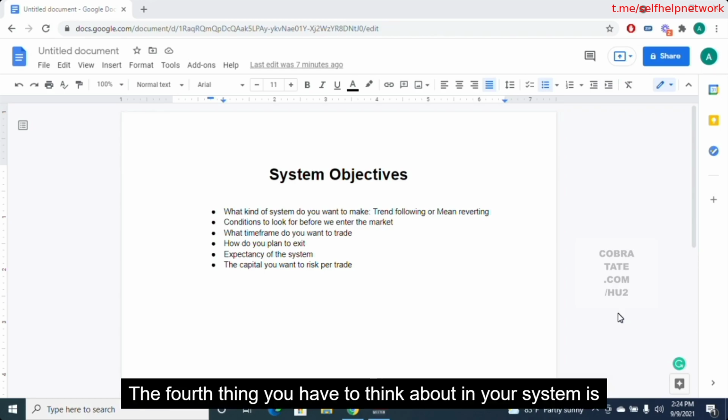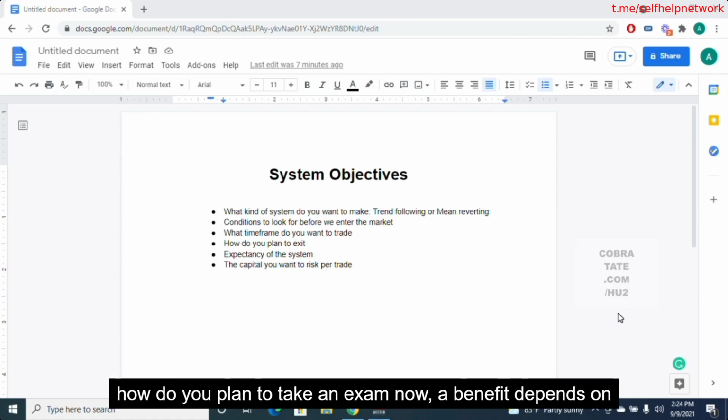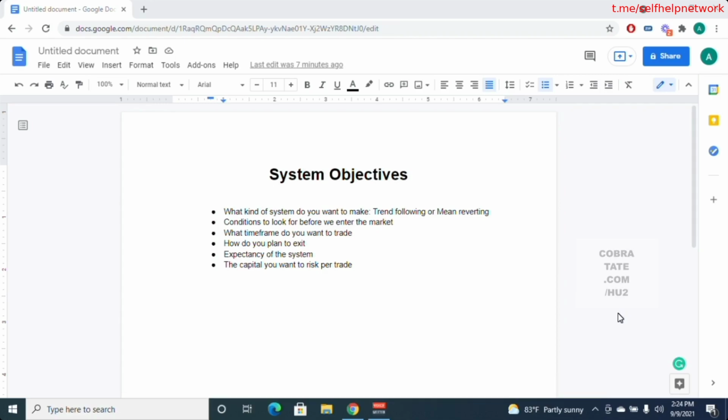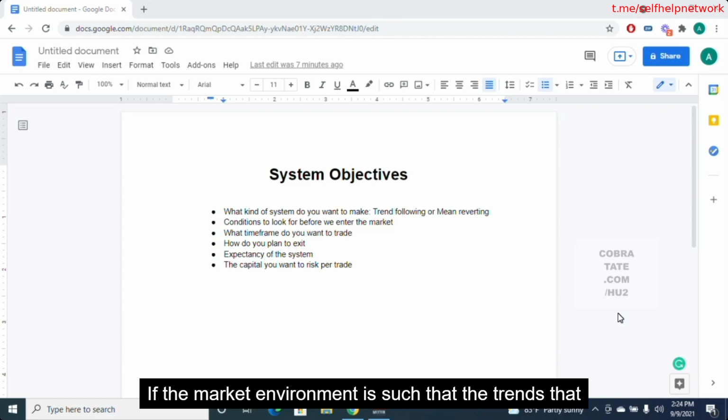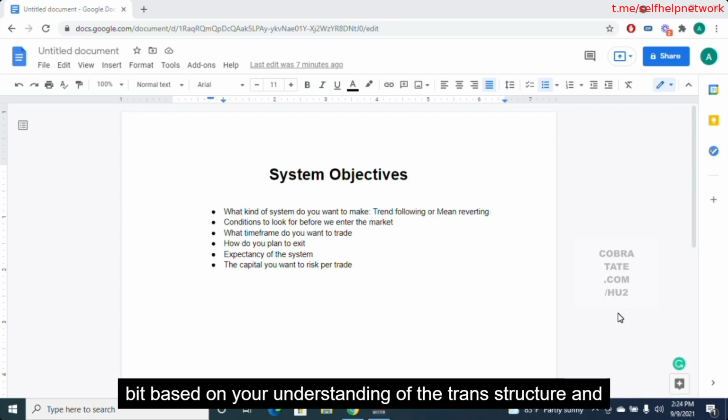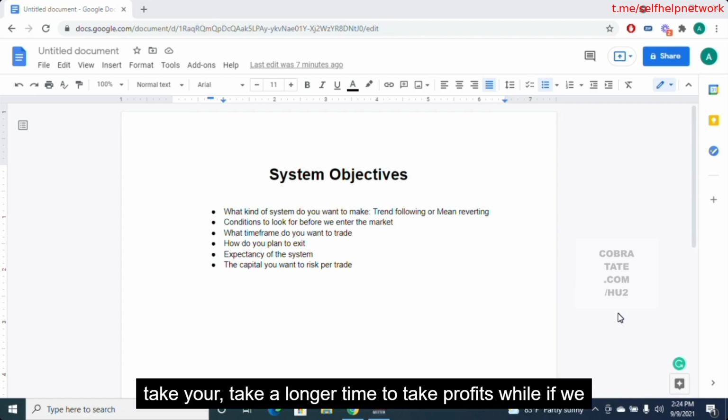The fourth thing you have to think about in your system is how do you plan to take an exit? Now, a bit of it depends on what market environment we are in. If the market environment is such that stocks are trending beautifully, you can wait a bit, based on your understanding of the trend structure, and take a longer time to take profits. While if we are in an environment which is a bit mean reverting, you might want to think about taking